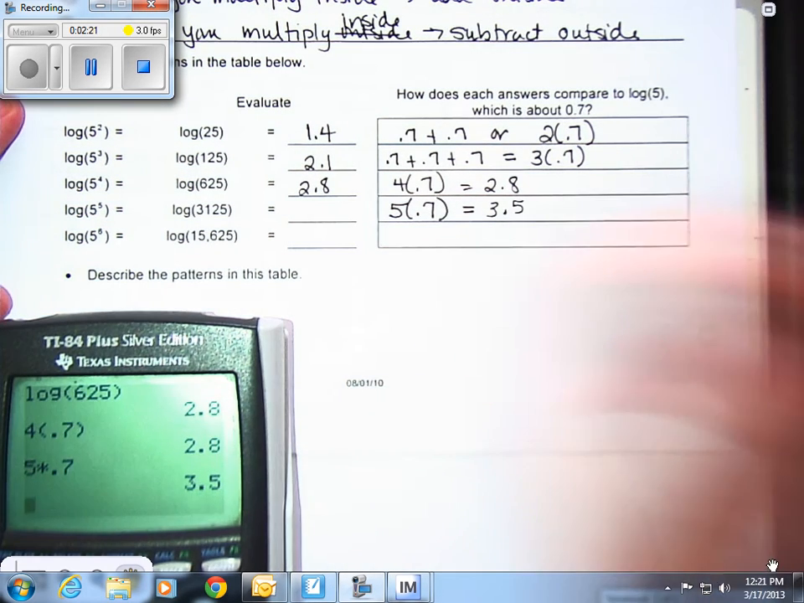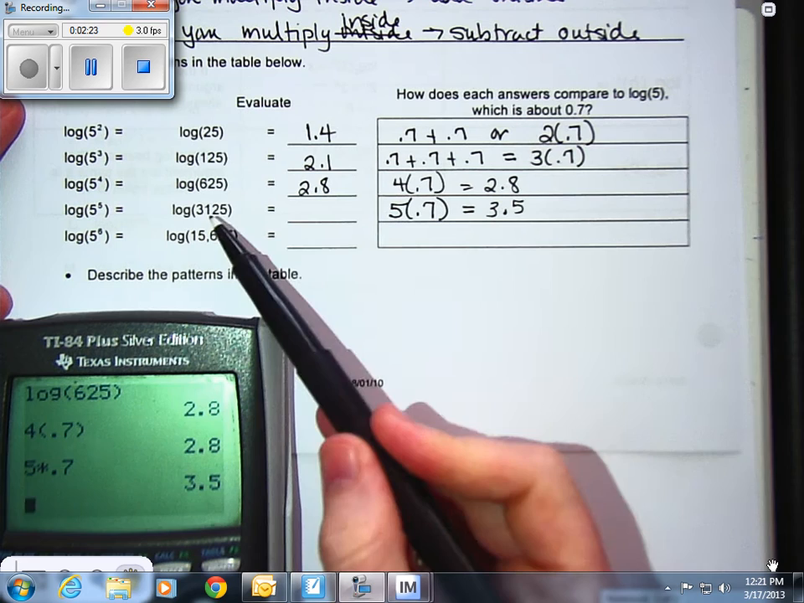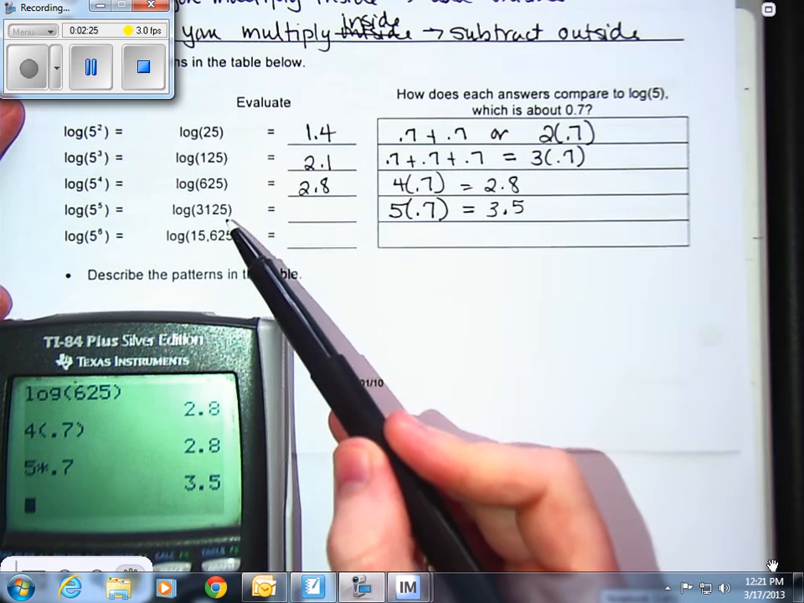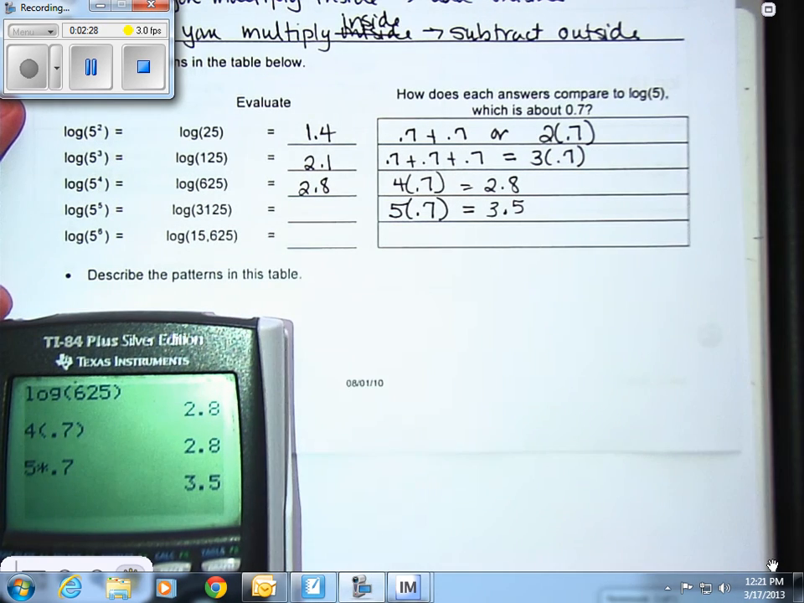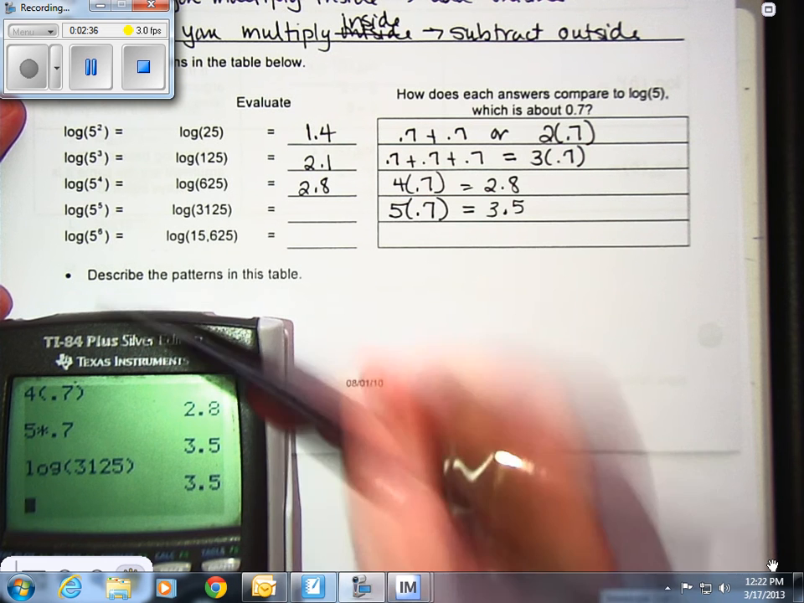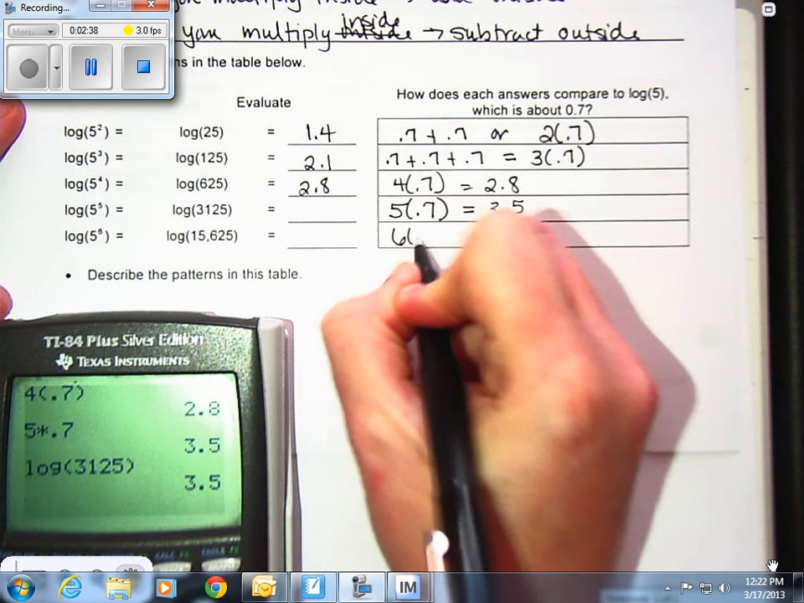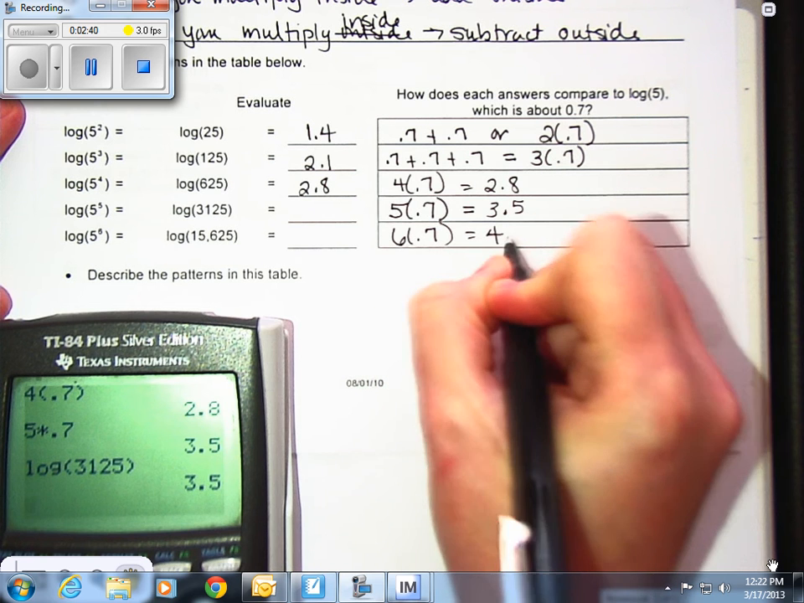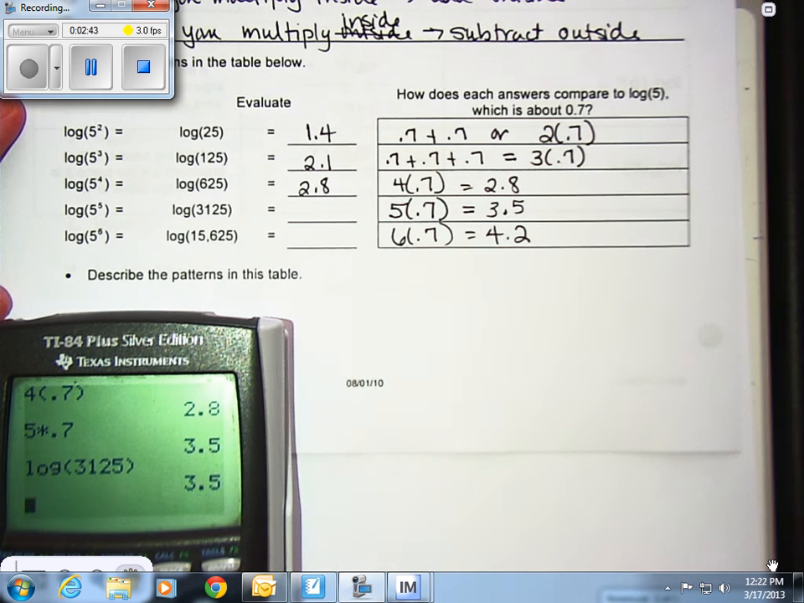Now let's check and see if our thoughts were right. If I took 5 to the fifth power, I get 3,125. So if I take the log of 3,125, I'm going to get 3.5, which is correct. So it looks like here I should take 6 times 0.7, which would be 4.2. And if I was to take the log of 15,625,